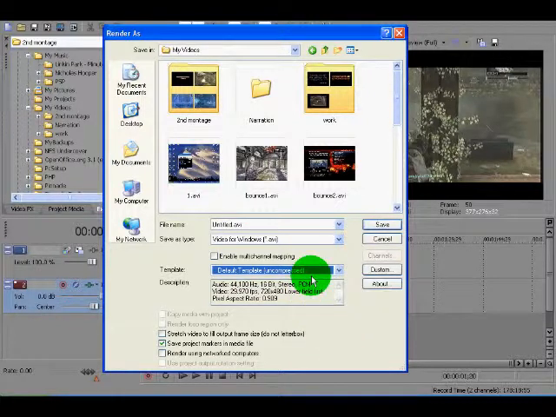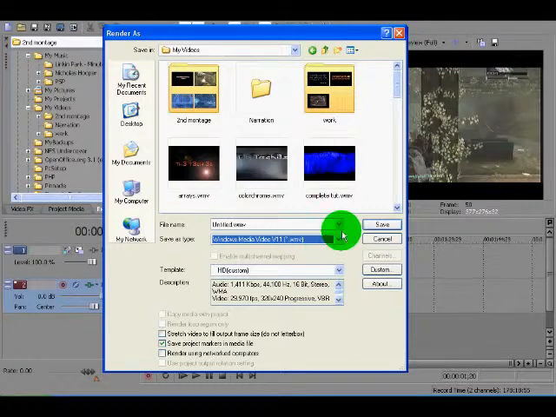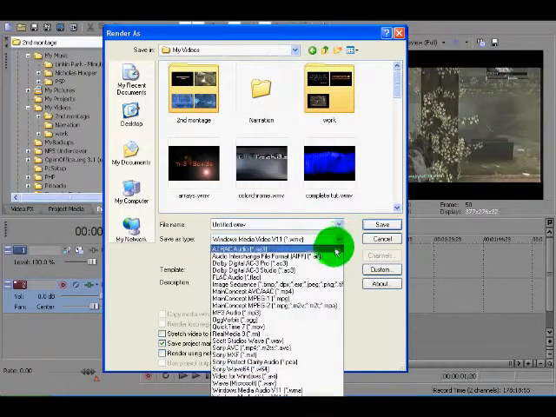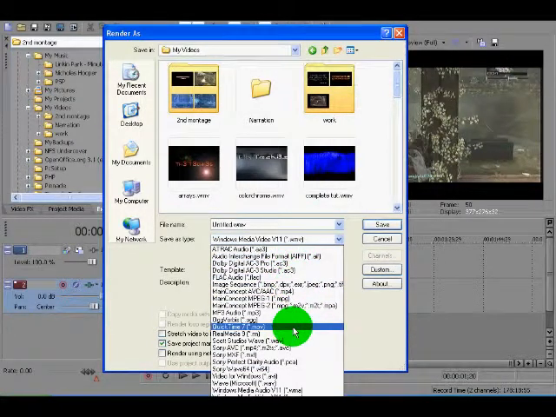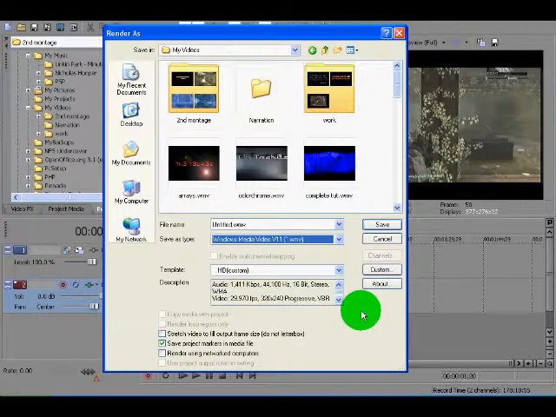It takes a lot, and it's still good quality, but I recommend WMV if you're gonna go for YouTube, or if you're not going for YouTube, you can use QuickTime or AVI or whatever you want. But I'm gonna go ahead and use WMV,